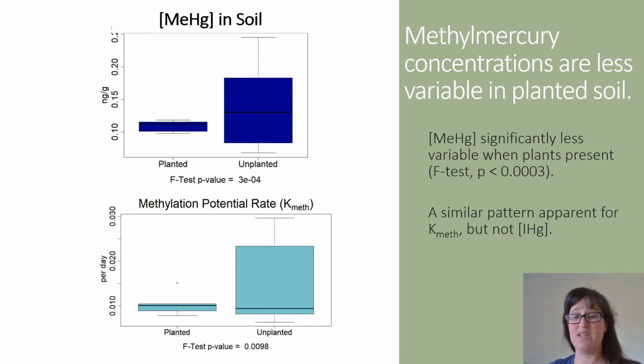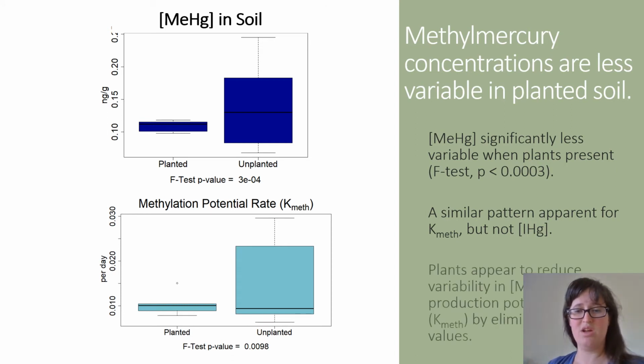We also observed a similar pattern for the methylation potential rate, abbreviated as Kmeth. Again, no treatment level difference, but significantly lower variability. And again, that reduction in variability is almost all in the form of a reduction in the uppermost levels. So it's like the plants are somehow reducing the top levels of methylmercury production and the top levels of methylmercury